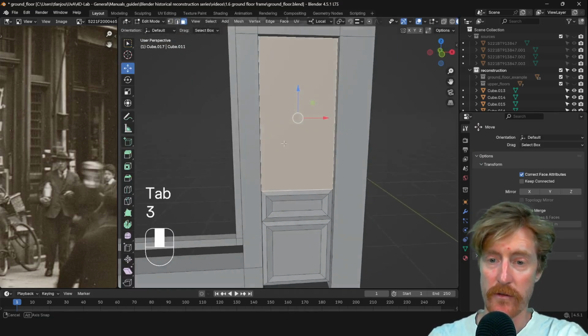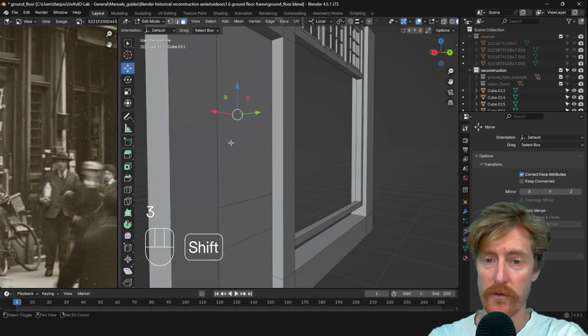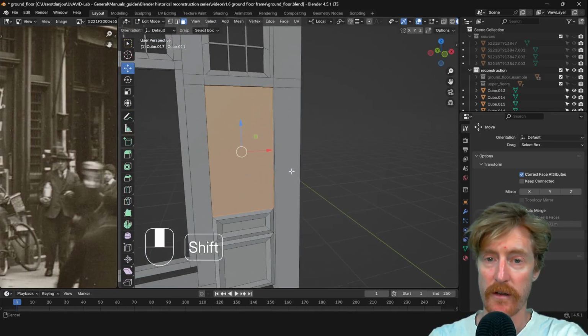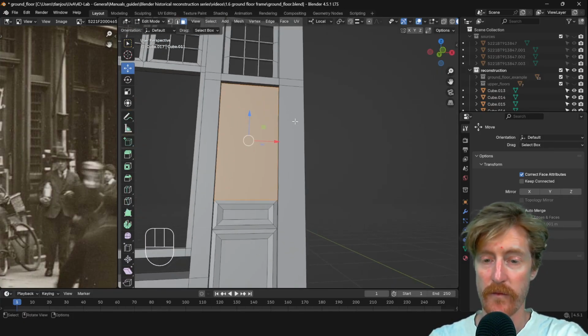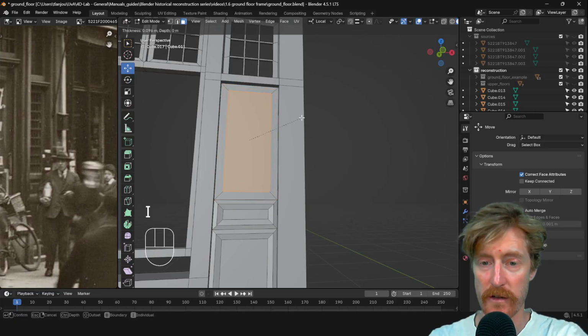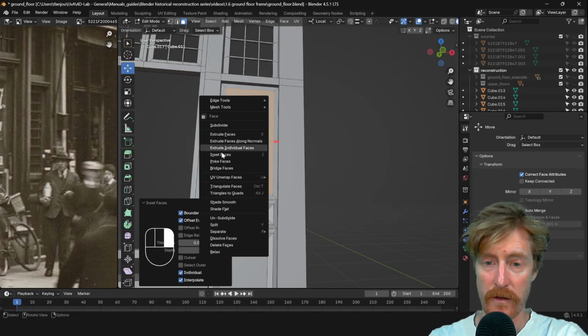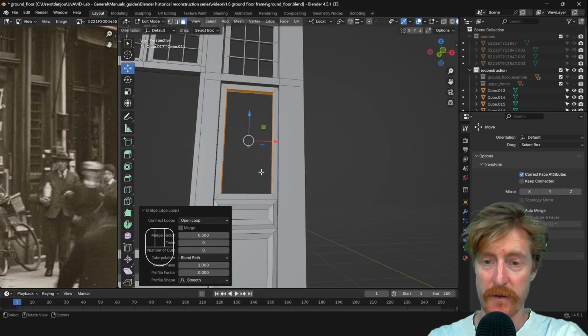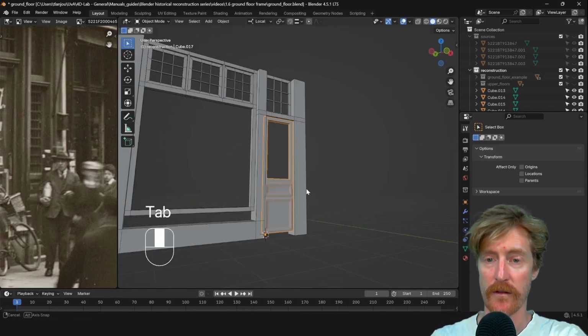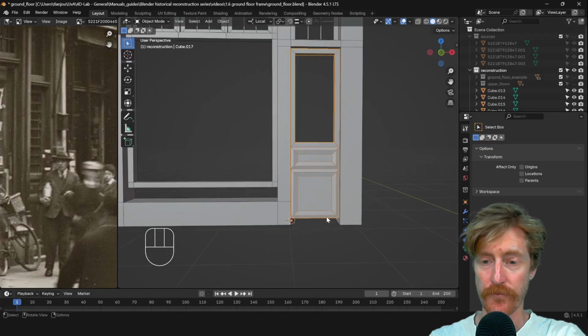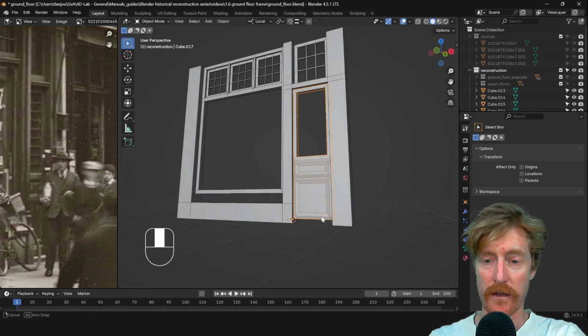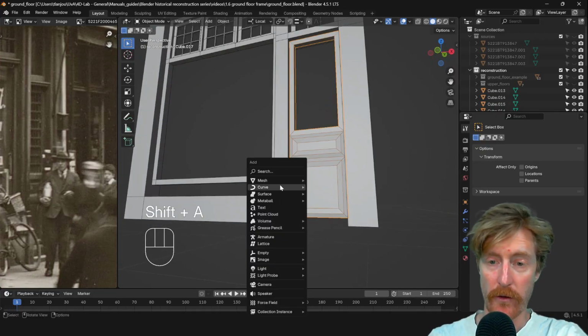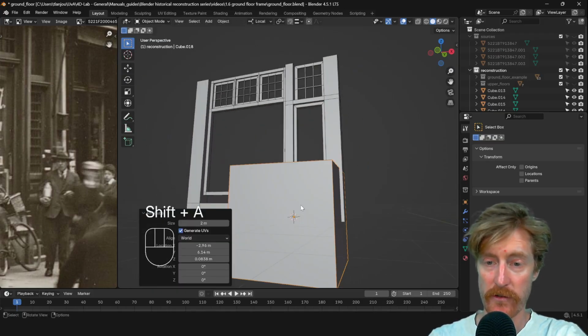And we can actually do the same with this one, but we will create a window here, hitting I for the inset tool, and then bridge faces. Okay, we'll quickly also create the threshold,